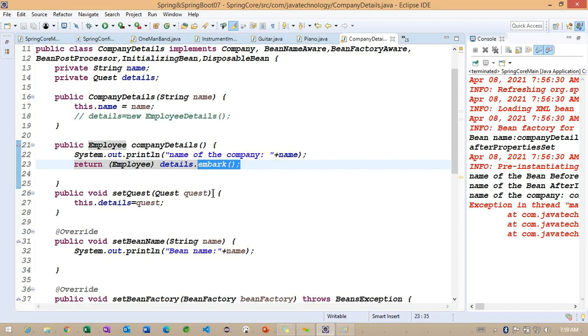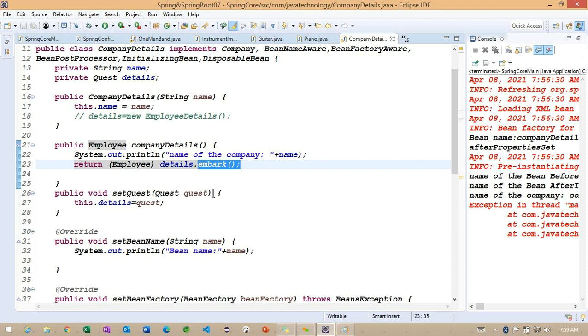Does anyone have any questions regarding this auto wiring concept here? Okay.